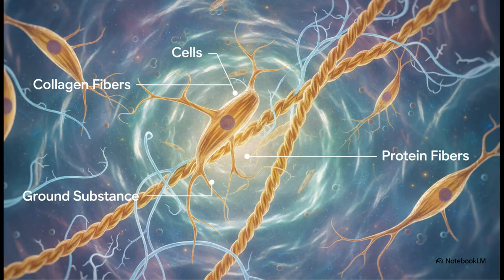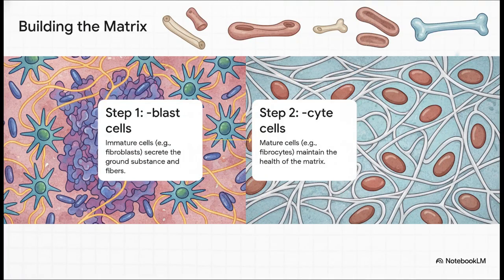The single most important feature of any connective tissue isn't its cells, it's what's between the cells. It's this stuff called the extracellular matrix. This matrix, a kind of cocktail of gel-like substances and protein fibers, is the secret to its incredible versatility. The most famous of these fibers is collagen, a protein that's so tough, pound for pound, it's actually stronger than steel. Yeah, let that sink in. So who builds this incredible matrix?